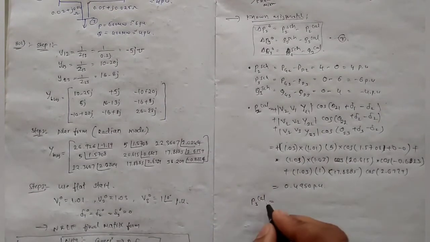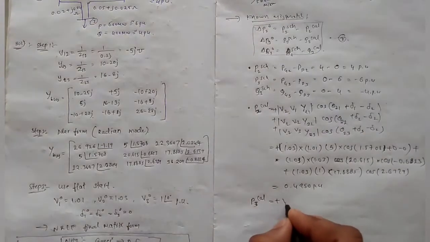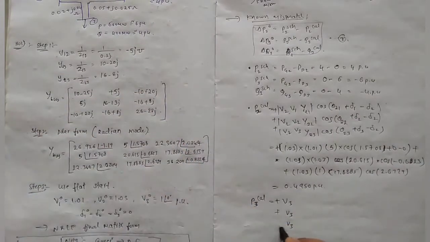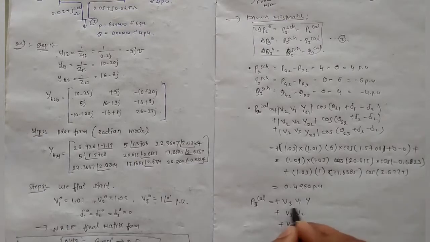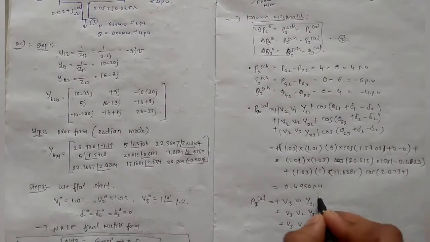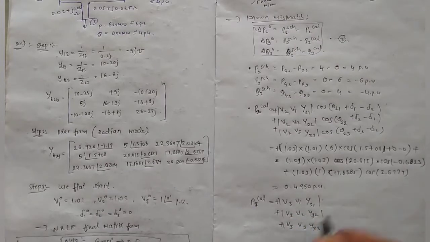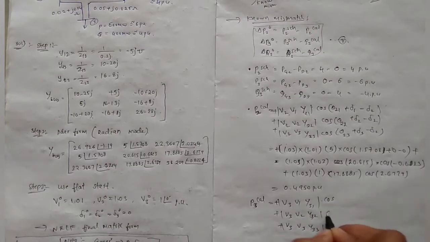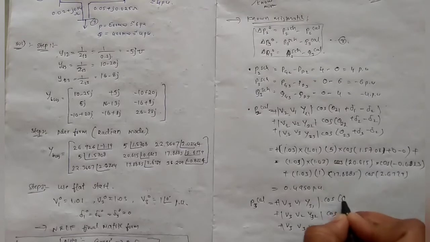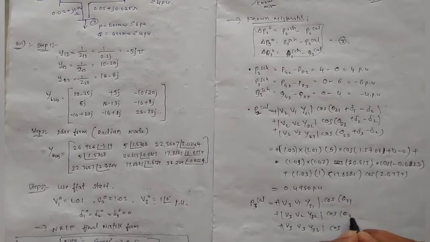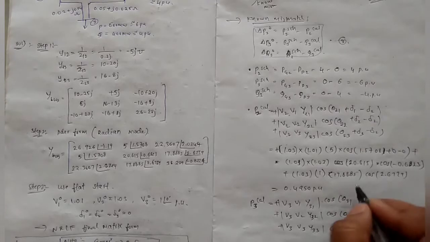Now we're done with P2 calculated, and we need to obtain P3 calculated. For P3 calculated we are at the third bus, okay. Remember that we have our third bus, V3, 3 times for 3 number of buses, plus, now sequentially V1, V2, V3, similarly Y31 suffix, Y32 suffix, Y33, and magnitude. For P we will get cos, this is theta 31 suffix, theta 32 suffix, theta 33 suffix,